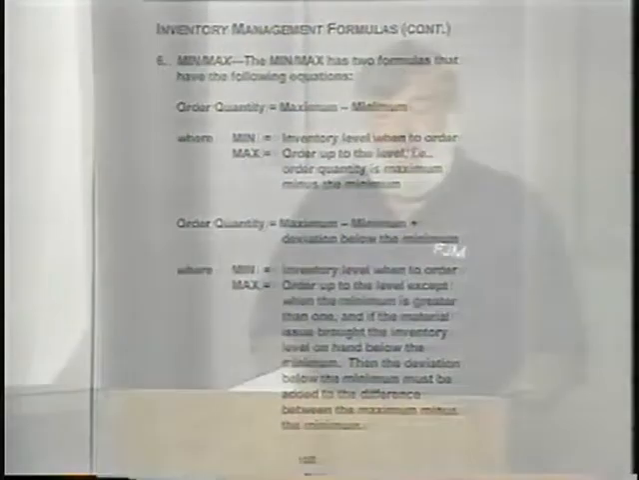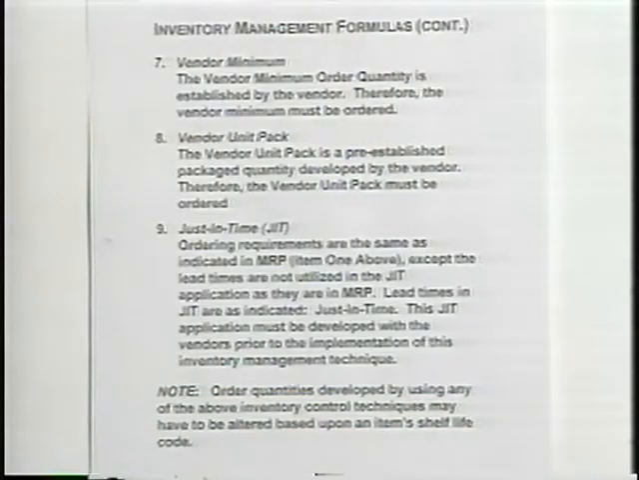Now continuing on page 10C, we have the definition of the vendor minimum in item number 7, and that is actually established by the vendor. Item number 8 is the definition of the vendor unit pack, and that again is established by the supplier. And item number 9